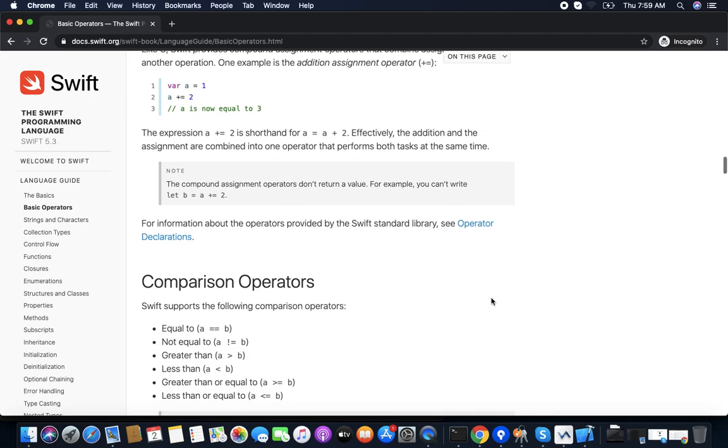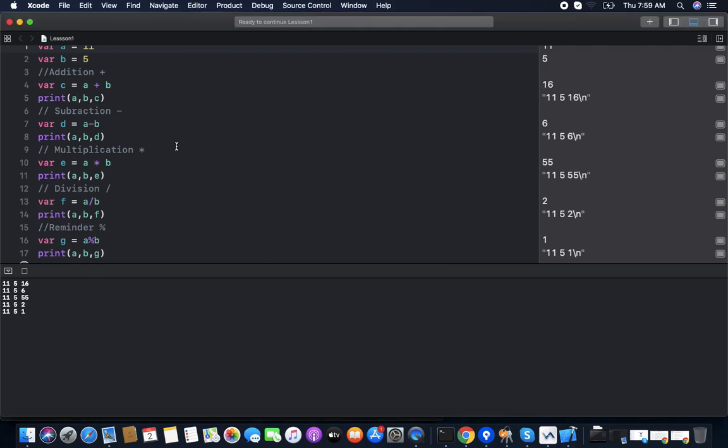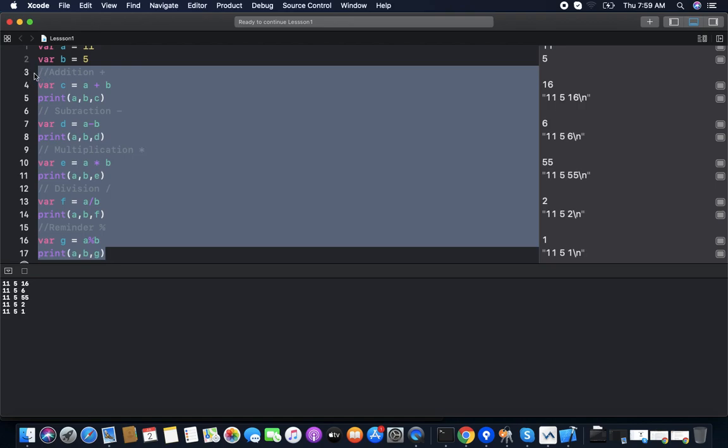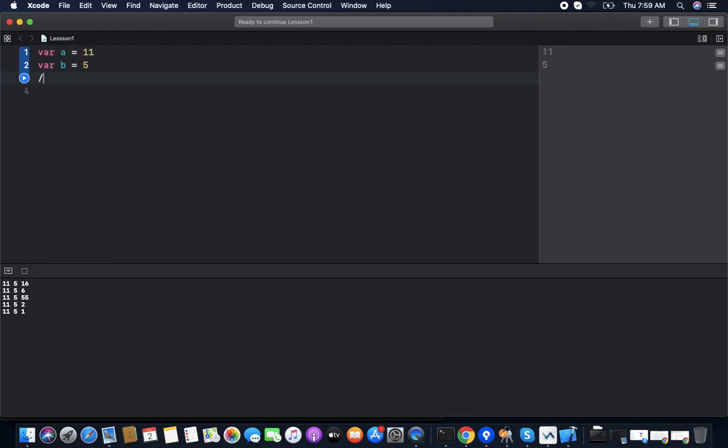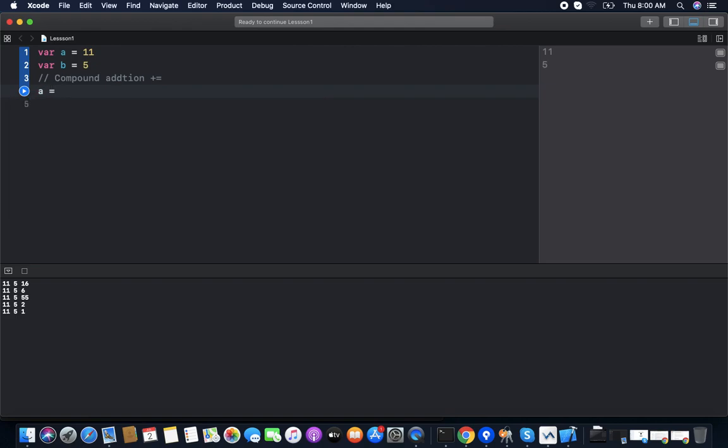Now we have compound assignment operators. Basically, if we add something to the same value, like now we have these two variables and we want compound addition. Equal to, meaning we want the new value of a, which is the addition of a plus b.